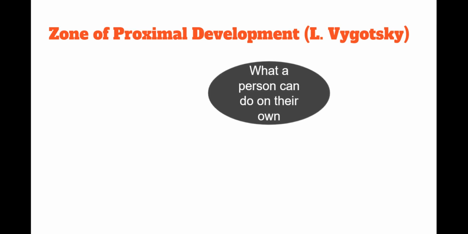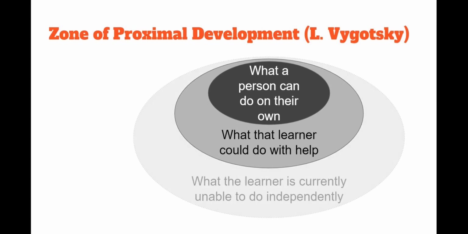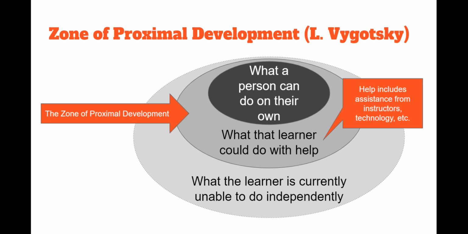He thought that people can do stuff on their own, and then there's this very gray area, and that is what people can do with help. And there's also the area that they can't do anything about because they don't have the skills yet. And the gray area is what's called the zone of proximal development, and that's where people need help, like technology